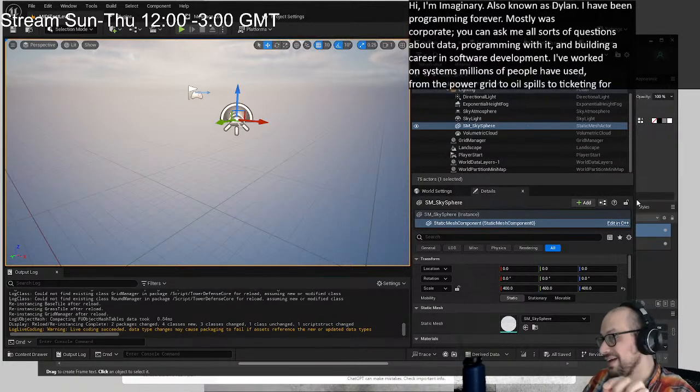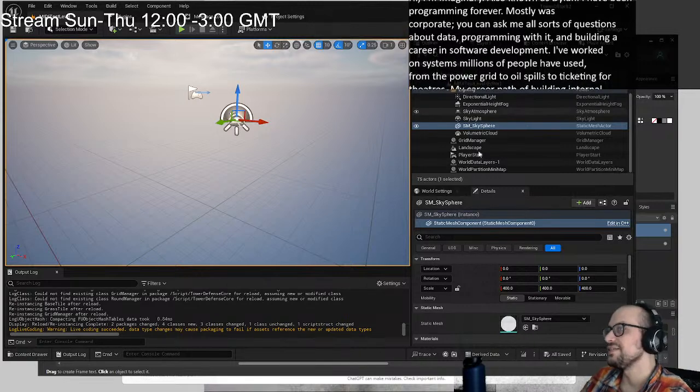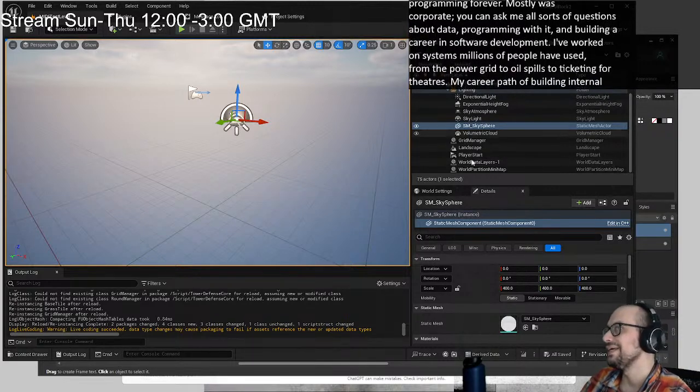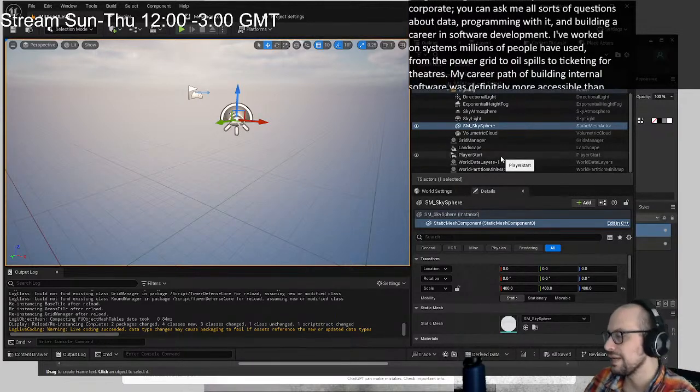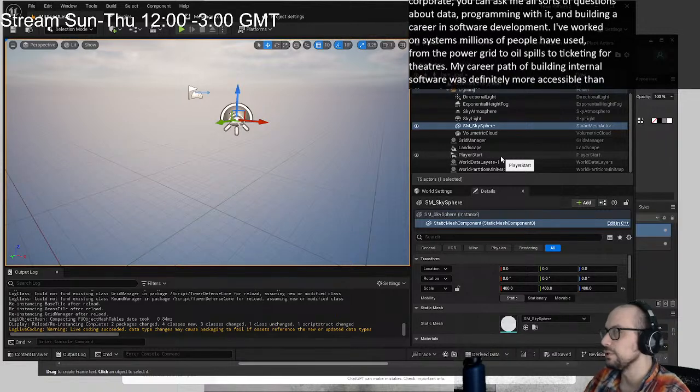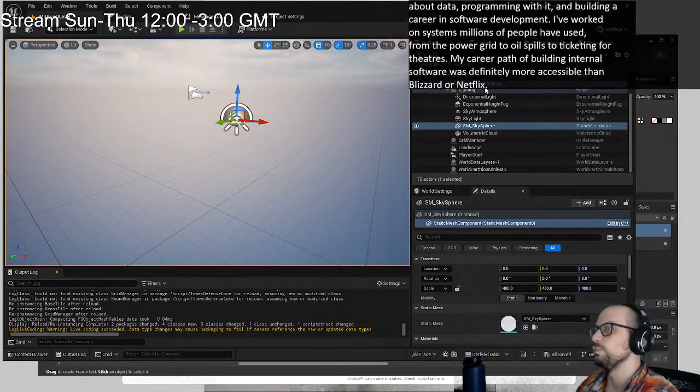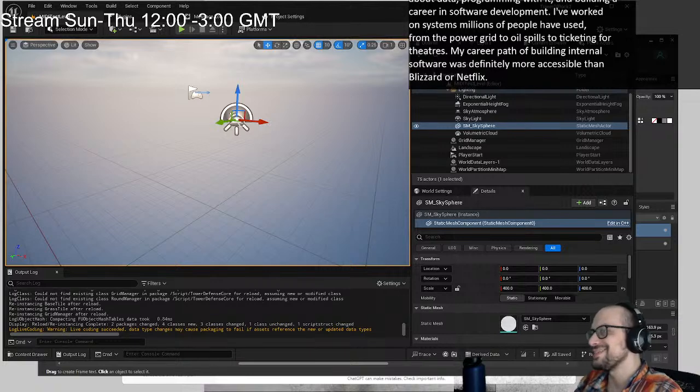In UEFN, you have devices. There are game objects, but they are hidden behind the scenes and not really accessible to you in UEFN. You have devices, really, and then static